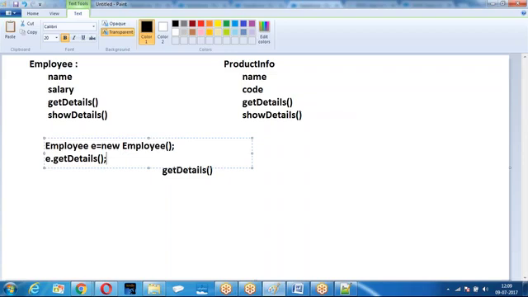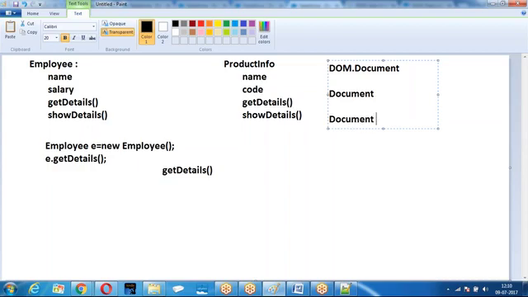Now let me take a quick example. We have a DOM, right? In the DOM, we have a document, but already we have a standard object called document. For every S object, there is an equivalent Apex class. Now when I say document, which document are you calling? This document or this document? This is a problem. To avoid this problem, you create a namespace called DOM. DOM.document means the XML document file you are referring to. When I use only document, it is the S object document. Now there is a conflict.